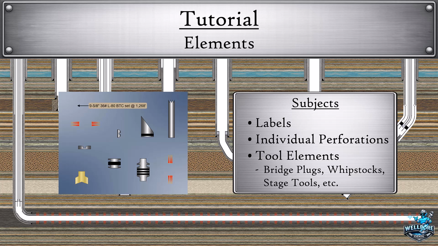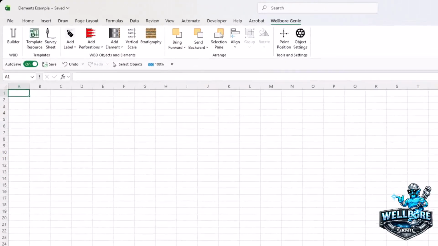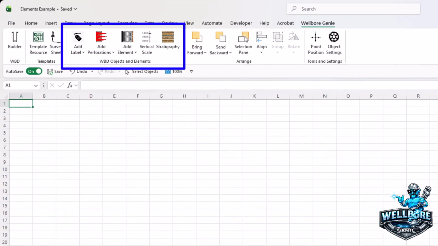Welcome to the tutorial for weld-bore elements. In this section, we'll cover labels, individual perforations, and tool elements including bridge plugs, whipstocks, and many more. Elements are found in the WBD Objects and Elements section of the ribbon. In this tutorial, we'll cover the three on the left, and the vertical scale and stratigraphy will be demonstrated in